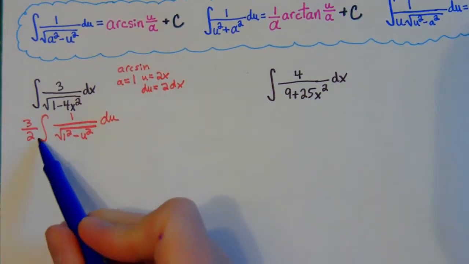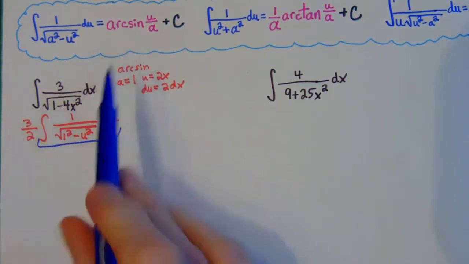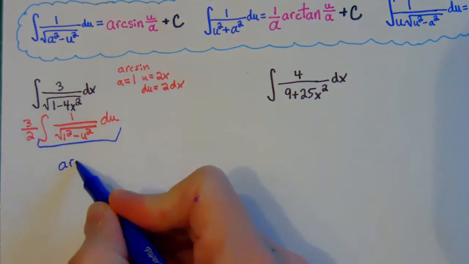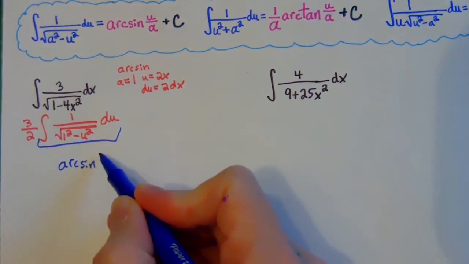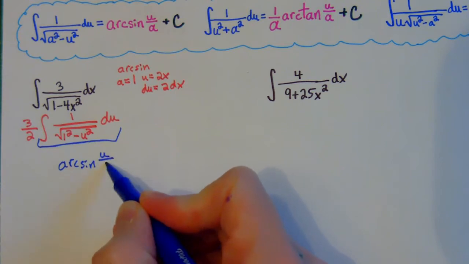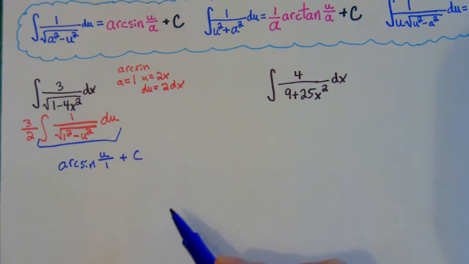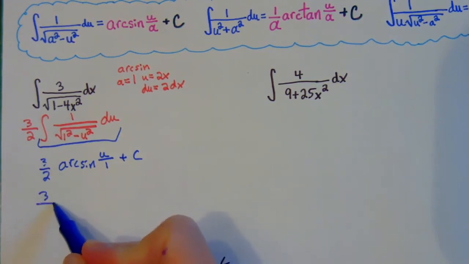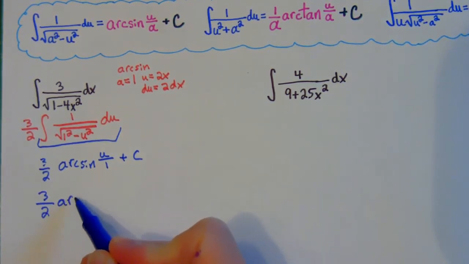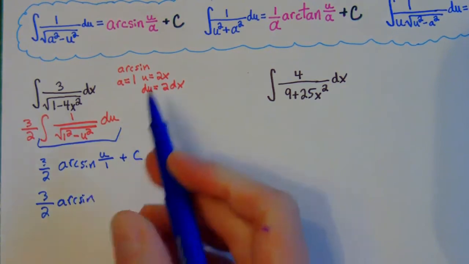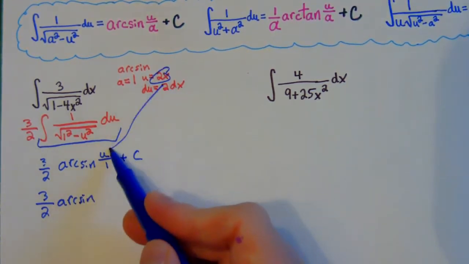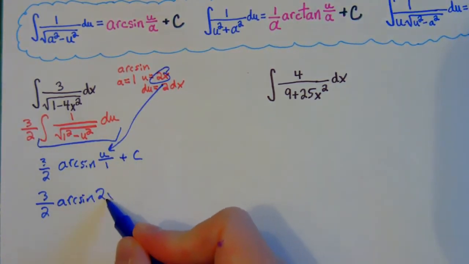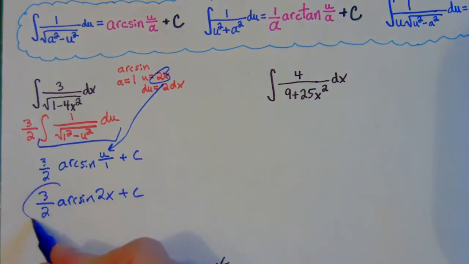So when I integrate this according to our pattern here, this is going to be the arcsine of u over a. And so it's going to be u over our a, which is equal to 1. We're going to get our plus C, and then that 3/2 is going to carry down. And then all we have to do now is plug our x's back in. And so it's just going to be 2x over the 1. So it's just going to be 2x, and then you have your plus C, and then you're going to be